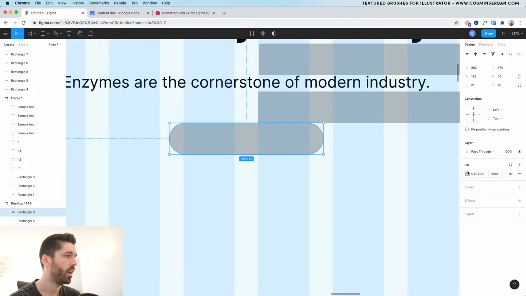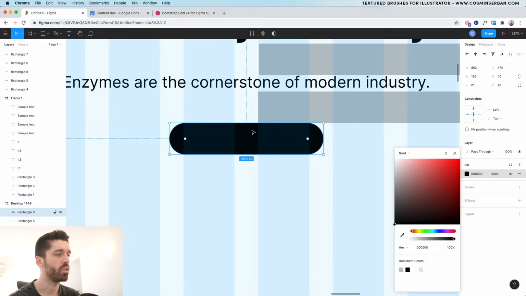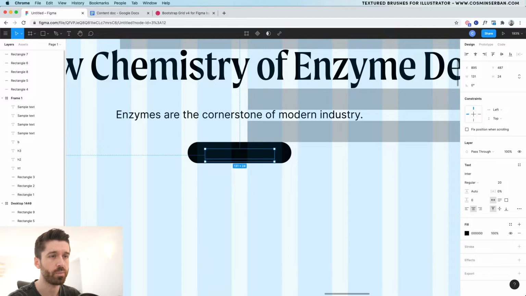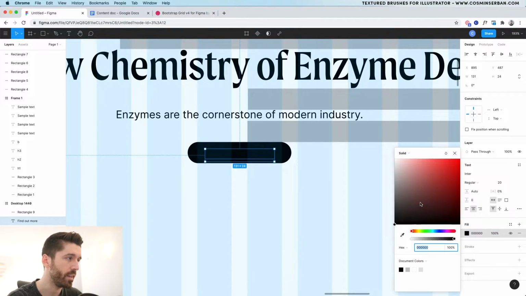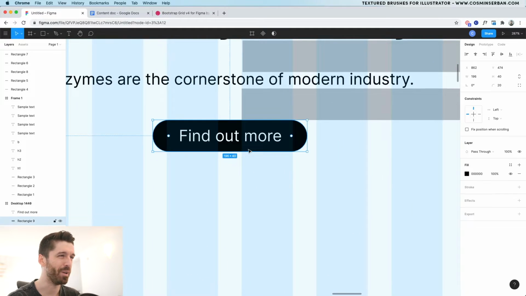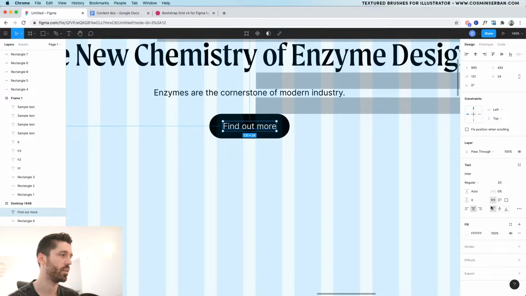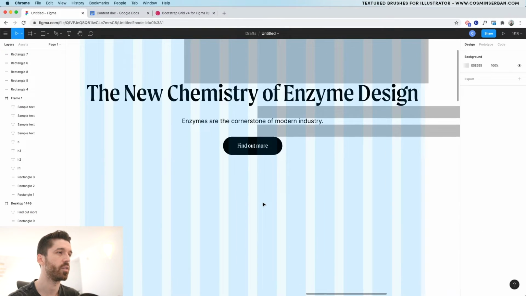Let's make it round, and the fill should be black. I'm going to go with a very basic color scheme. I'm going to go with black for copy. For the actual call to action, let me think what the good call to action would be. Find out more. Right now it's below the rectangle, so I'm going to move it above and make the fill white. And no, I think this button needs to be way bigger, so maybe 80 pixels would be better. Maybe 60 and round them up. Let's see how it looks if I'm going to use more red. Yeah, I think this looks way better.